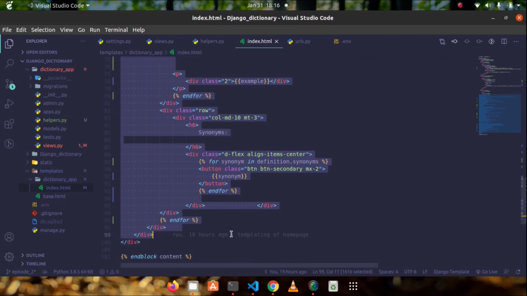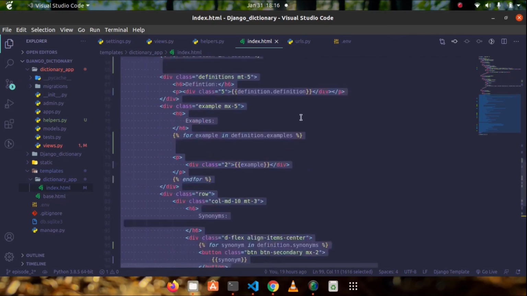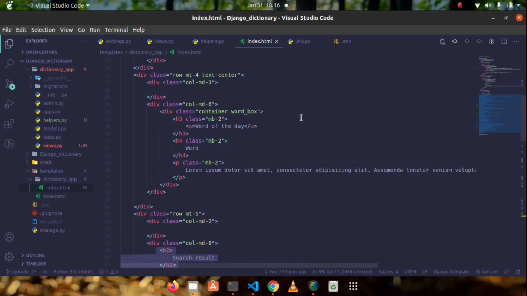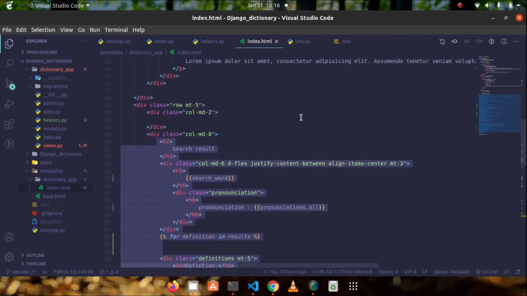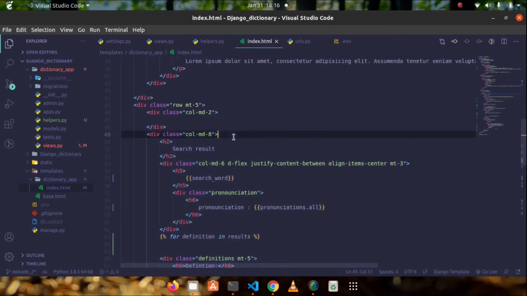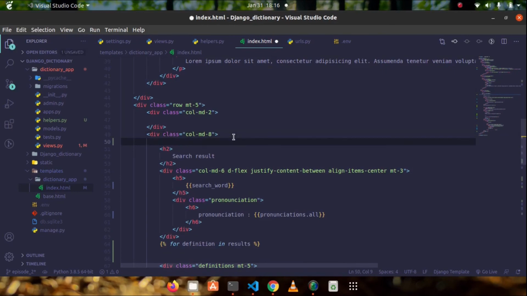Okay, so we are going to run a conditional here. So in Django templates, you can run a conditional. So let's try an if condition here. If